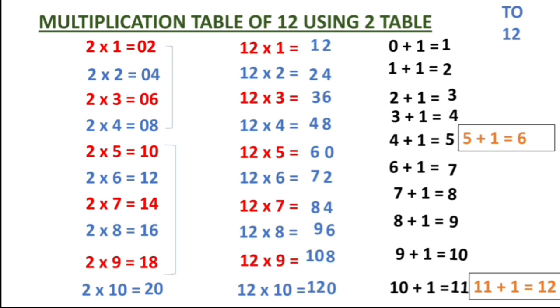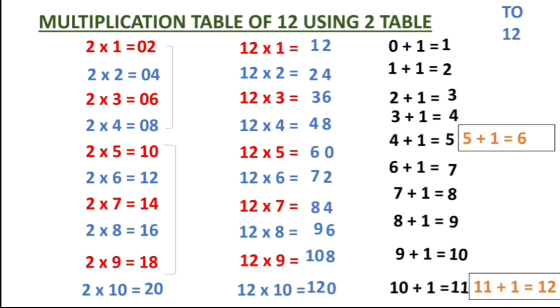We will just add with the tens place. Whatever the tens place is, we fill completely from ones to tens. We will add the tens place with the given digit. But if the tens place is changing, then we will add plus 1 again to the sum. Now we got the 12 table.